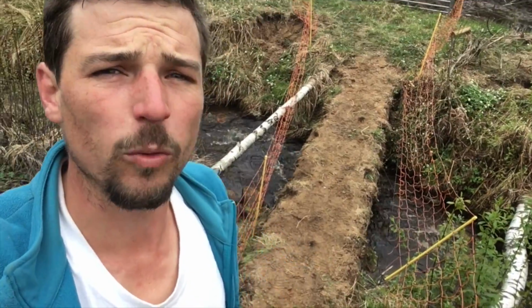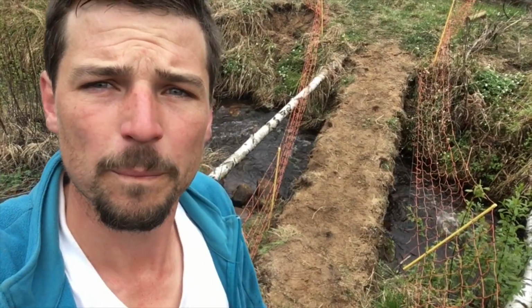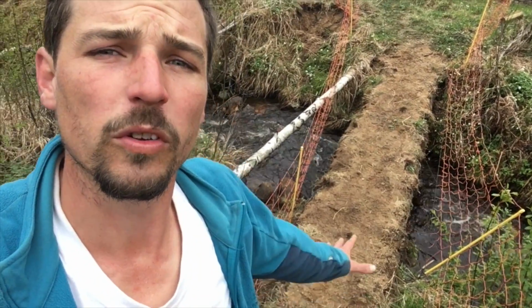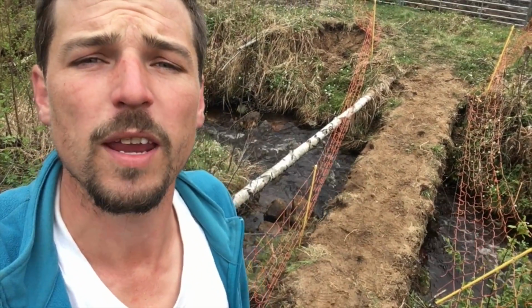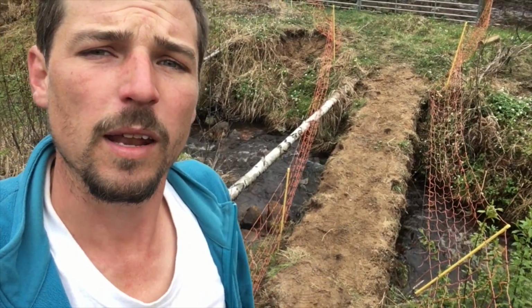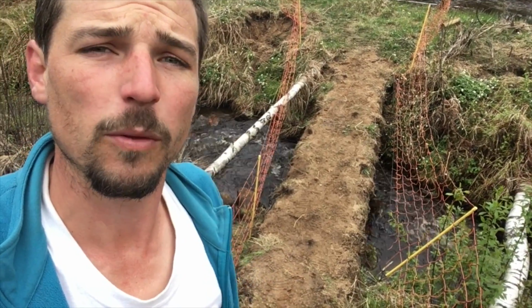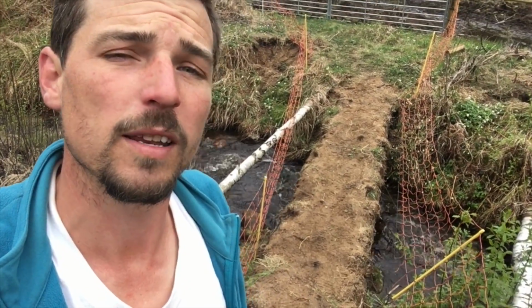This is the little bridge we made. It's just 4 tree trunks with soil and a bit of turf on top, to encourage them over the water. You see the water's quite high. We've had a lot of rain now in the last couple of days, so the river's swollen a bit and the pigs won't like to go anywhere near that. They're probably going to be a little bit skeptical of the bridge, but it's feeding time nearly, so hopefully that